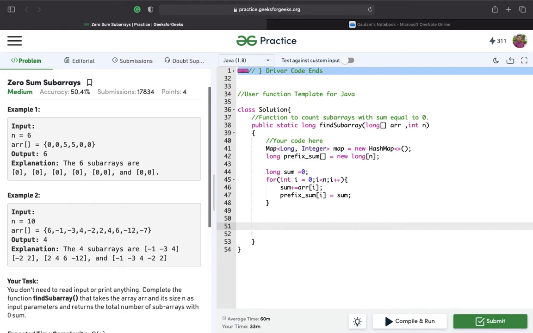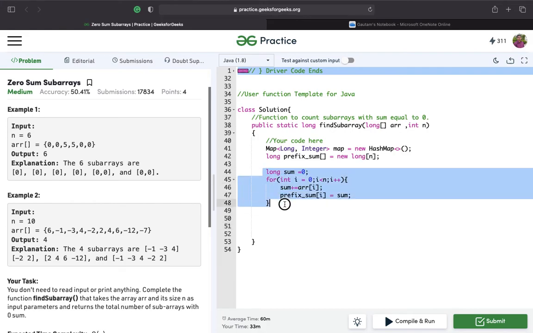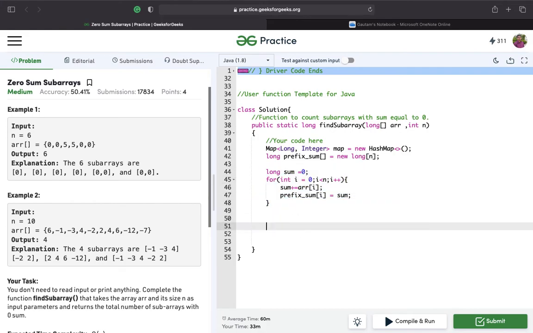Now comes the main part. So till now we have created our prefix sum, and now for each value of prefix sum we'll add it in the map, and then we'll do some checking, and from that we'll find the total count of the subarrays whose sum is equal to 0.